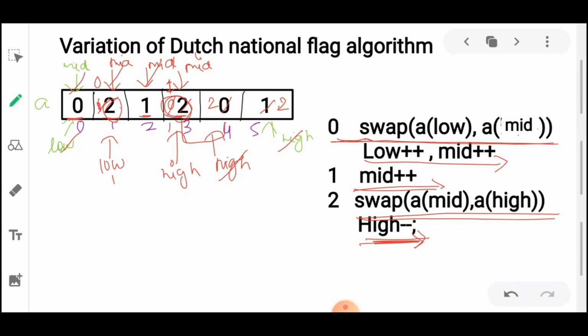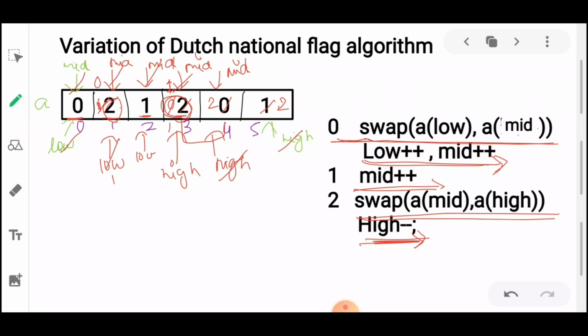I hope it's visible, right? 0 will go there and 1 will come here. After swapping our low and mid, we have to increment our low and mid by 1. So low will come here and mid will come here.